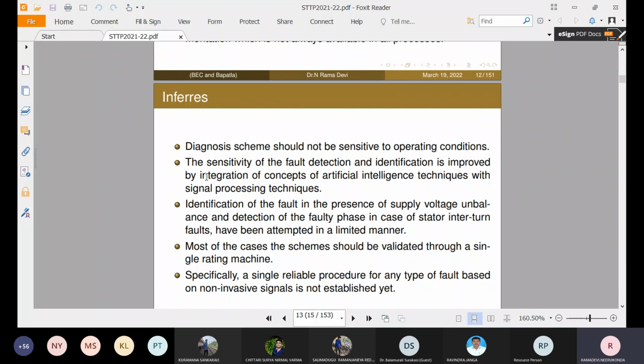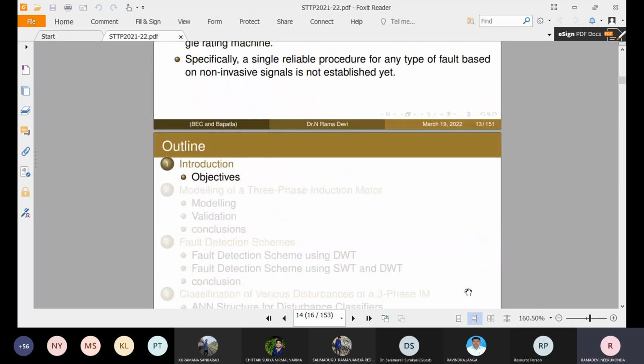In most of the schemes, the validation is applied for a single rating of machines. And a single reliable procedure is not applied for multiple faults with the help of non-invasive signals. So because of this, to fulfill the gaps,